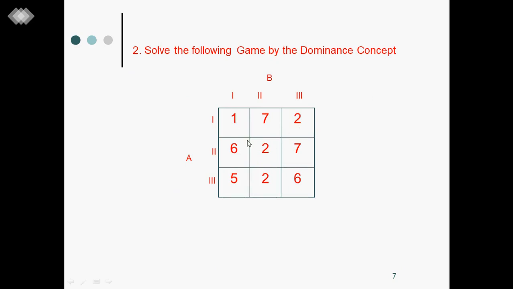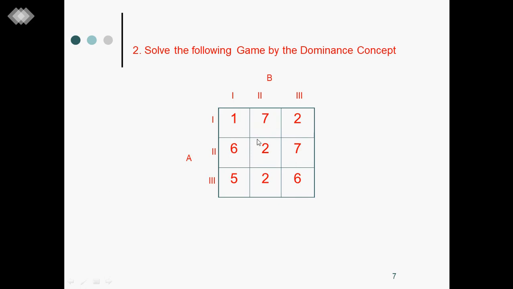So then what to do? The graphical method is applicable only for 2 by n or m by 2 cases. I mean, either of the players, row player or column player, should have only two strategies. So in such cases, though it is not feasible, sometimes the question will say, solve the following game by graphical method, or sometimes they will clearly say, reduce the following game by dominance, then by graphical method. If a 3 cross 3 game is given to use the graphical method, directly you cannot use it, no doubt, because the limitation of the graphical method is that either of the players should have only two strategies.